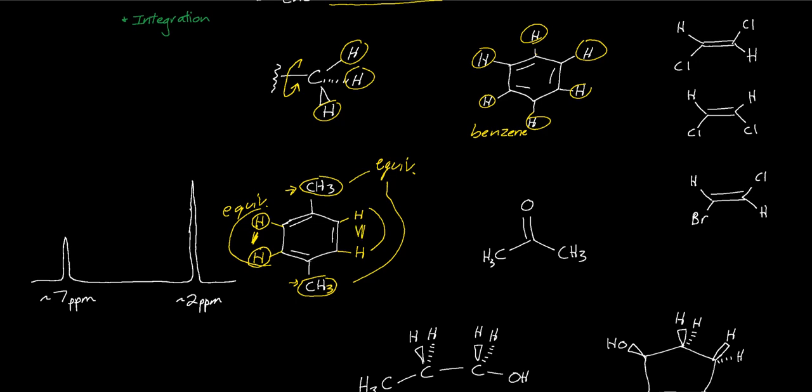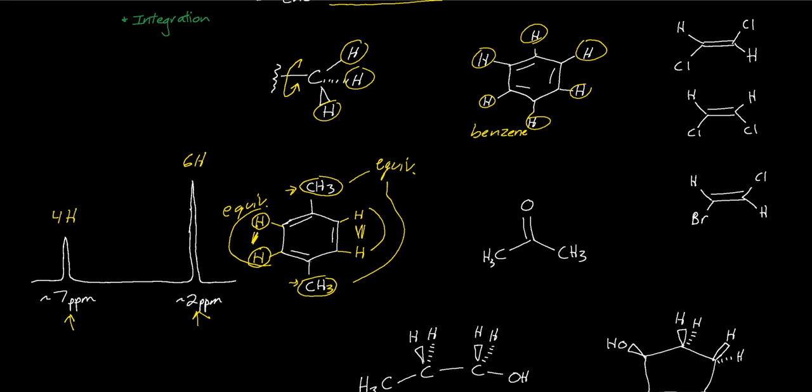And the same goes for the ones on the other side. There's symmetry on both sides. So those 4 hydrogens on the ring are equivalent. You would expect in your NMR spectrum then to see a 6 hydrogen signal for the 2 methyl groups piled up, excuse me, and a 4 hydrogen signal for the ring hydrogens piled up, most likely at 7 ppm and 2